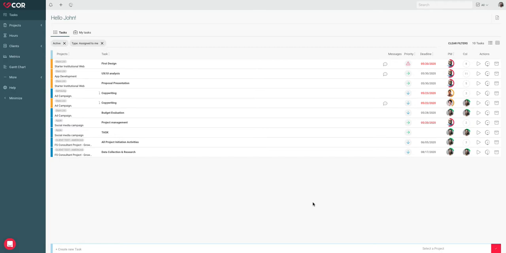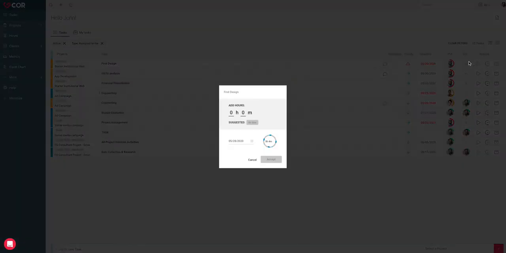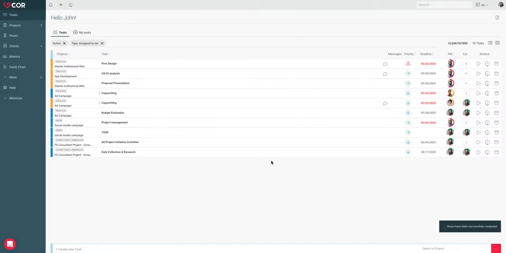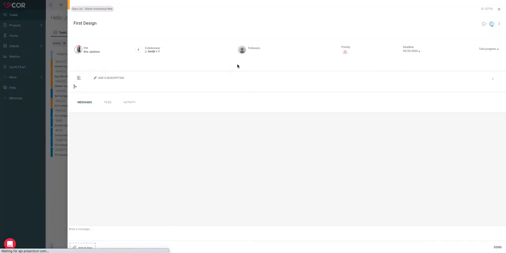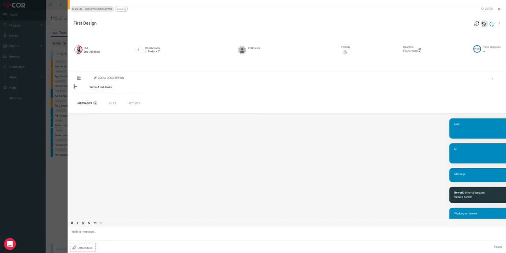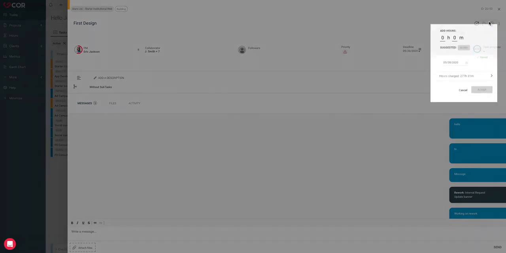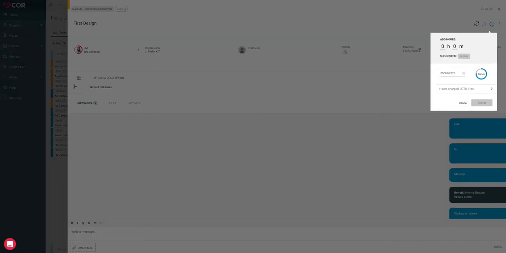Another way to track time is manually. For this, you will find the timer button on the task list as well. You can enter the amount of time spent on that task, for example, 1 hour. Both the play stop and the manual timer buttons can also be found in the collaboration view of the task and will be handled the same way by simply clicking on play to start the timer, to stop the timer,